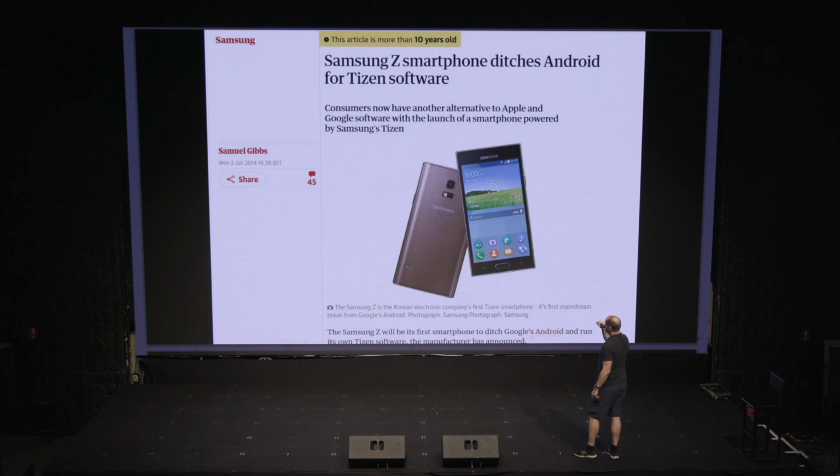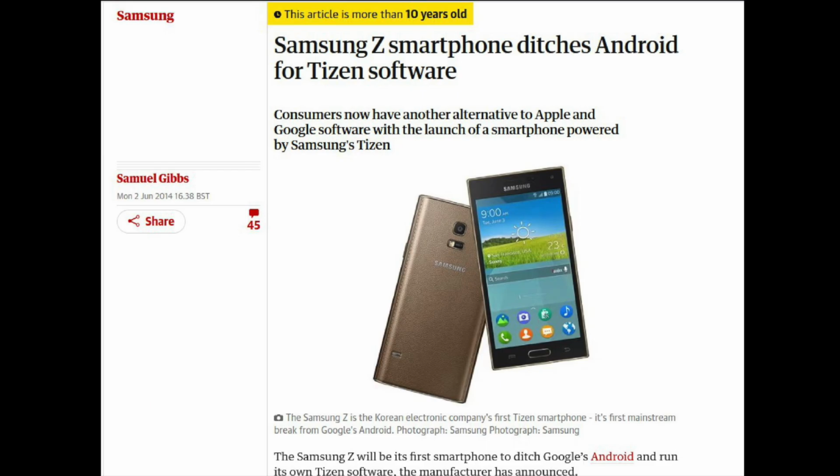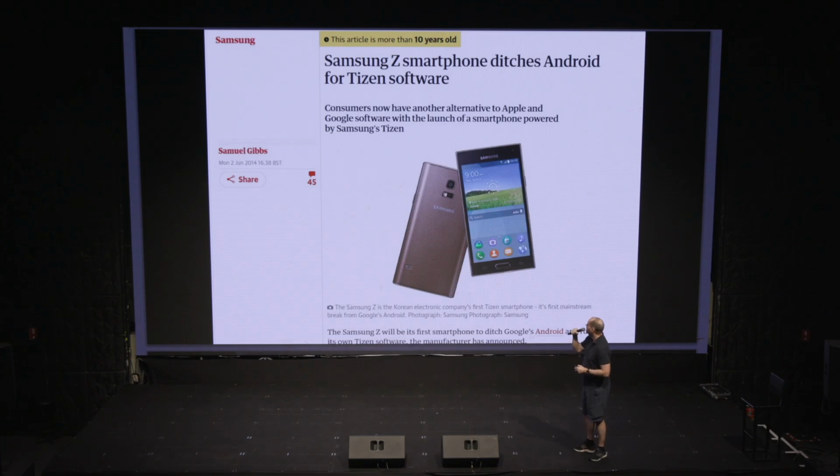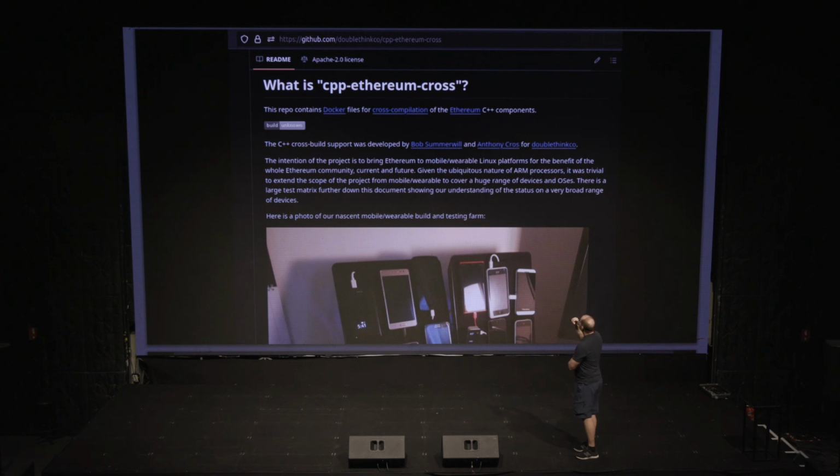So yeah, this was what was happening. Samsung were ready to ditch Android. It nearly happened. Well, it basically looked like what they were going to do is have two parallel product lines. It's like, right, we're going to have Galaxy devices for the West, but we're going to have our own Linux-based alternative for the rest of the world, and we're going to break free from Google. Anyway, needless to say, it didn't happen, and it was all a disaster, and we're all enslaved.